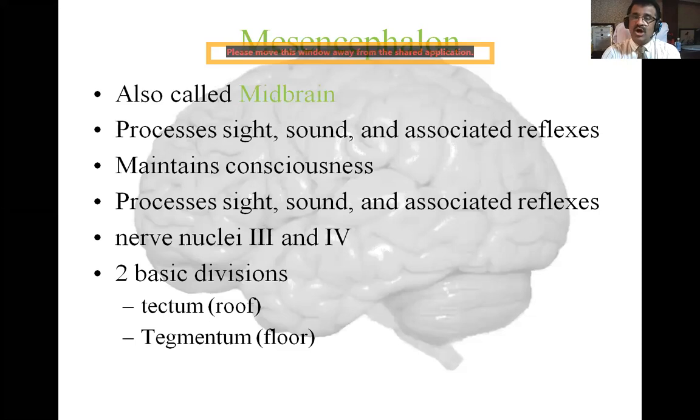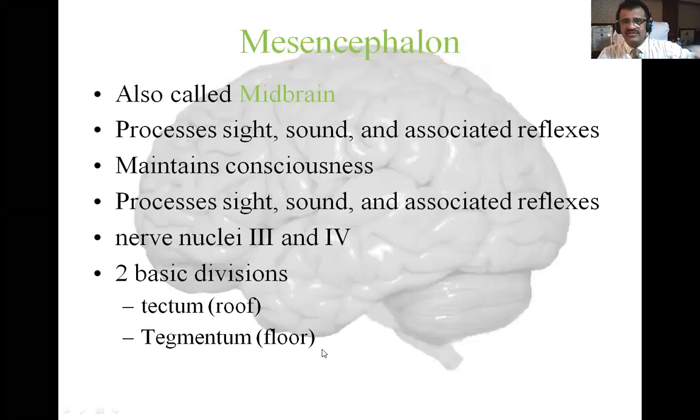The third is the oculomotor nerve. So the oculomotor nerve goes from the midbrain. It is a motor nerve, plus it is also autonomic. The fourth cranial nerve is a pure motor nerve. It is called the trochlear nerve. It is for one muscle of the eyeball, so it is also going to the eyeball. And there are two basic divisions we see in the midbrain, and that is the tectum. Tectum means the roof part of the midbrain, and tegmentum means the floor part of the midbrain. So tectum and tegmentum are the two parts of your midbrain.